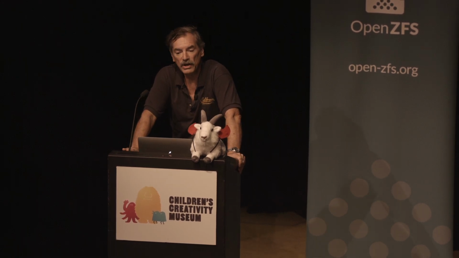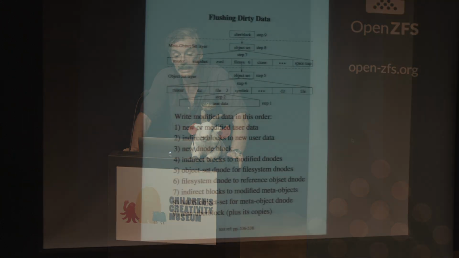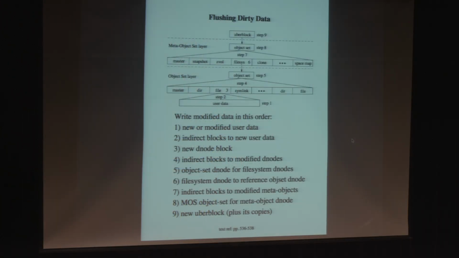All right, but let's take a look here at what's actually involved in doing a checkpoint. So this is what would happen if I wrote 1 byte to 1 file in 1 file system and then did a checkpoint. So this is the absolute worst case scenario, because we have to ripple all the way from down here somewhere, all the way through all the data structures, all the way to the uberblock. By aggregating a bunch of changes at once, the higher levels only change once per checkpoint, whereas the lower levels are where we're adding the new data. So this is a worst case scenario, but just to give you an idea of what has to happen.